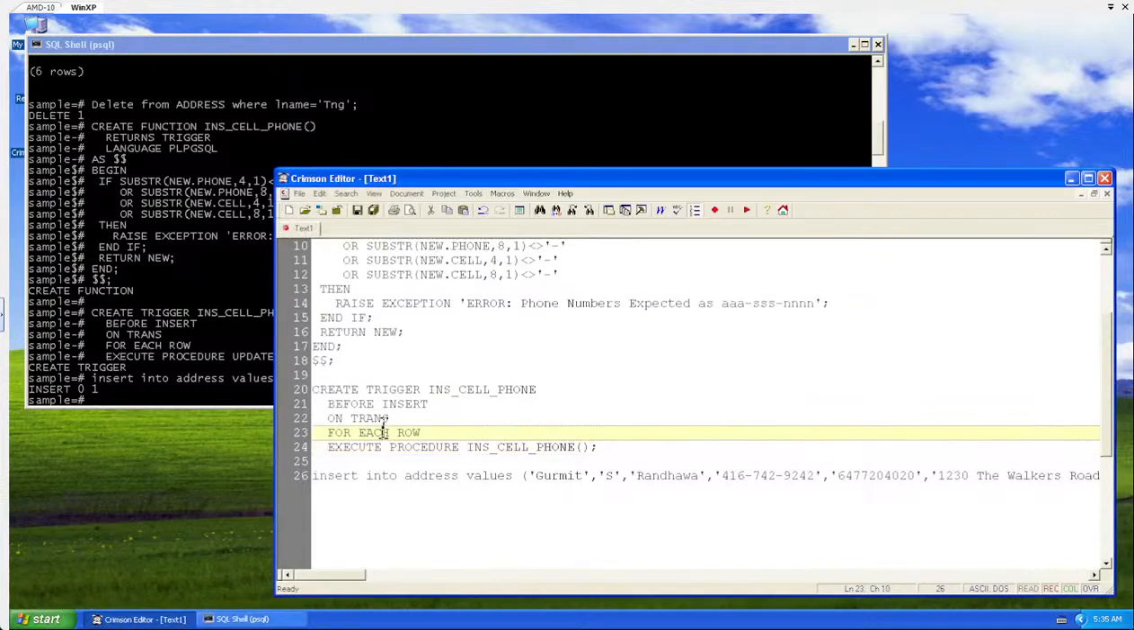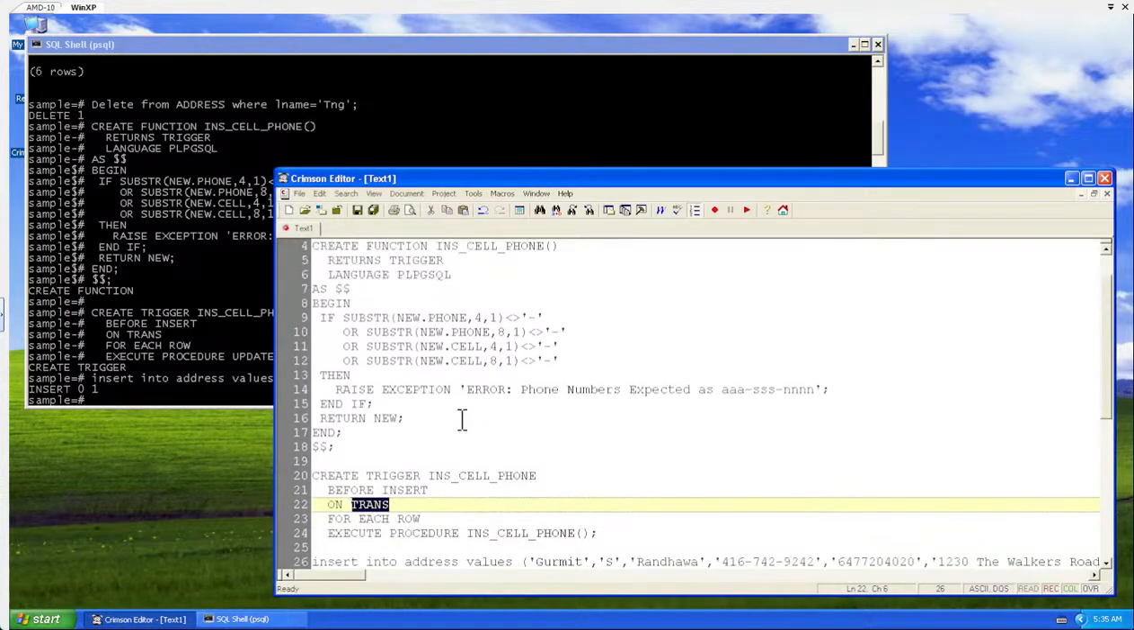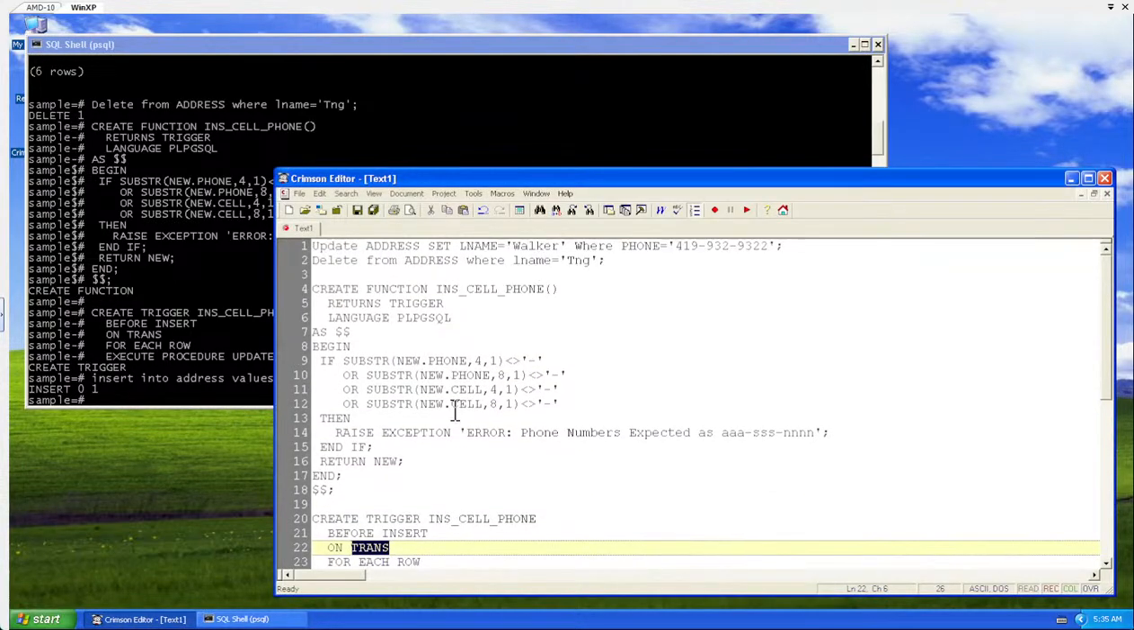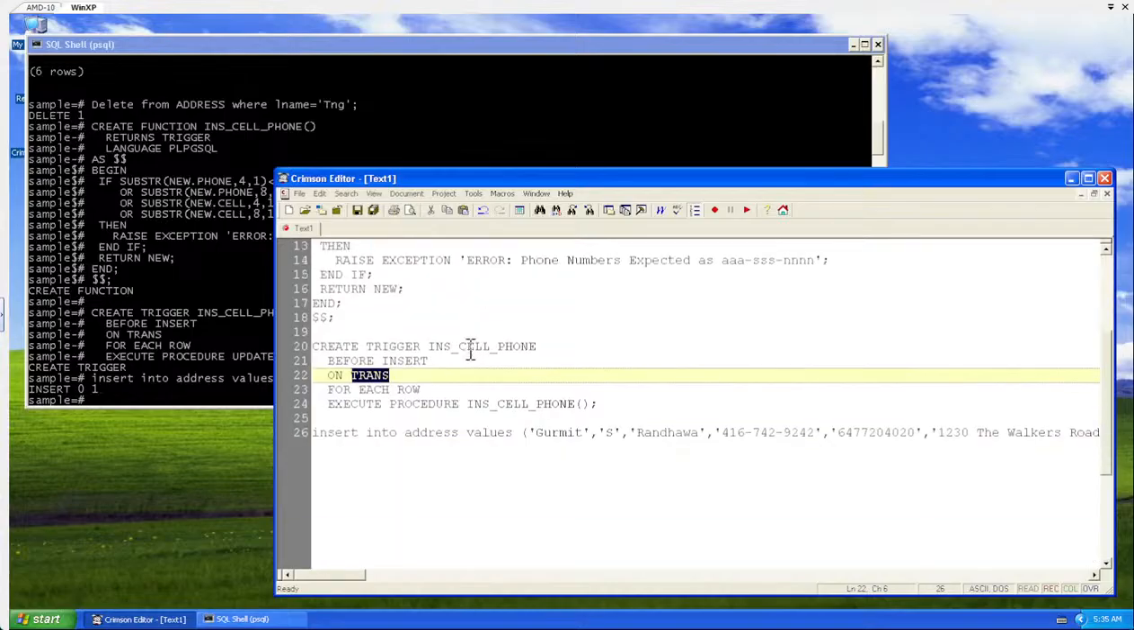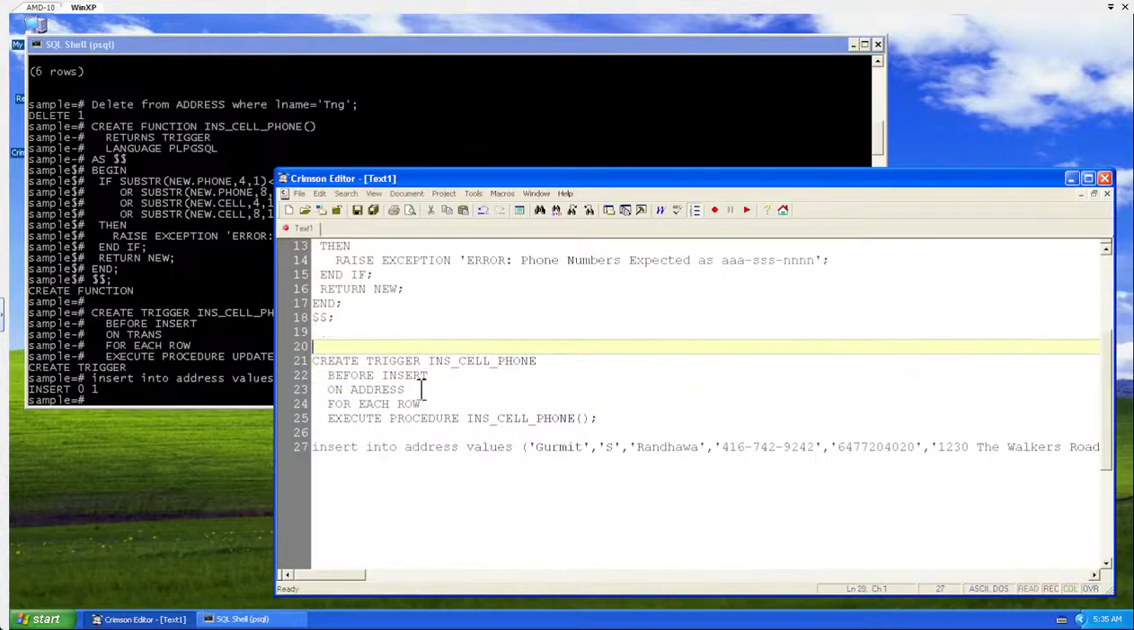So it is on trans. Is it on trans? Yes, but it should not be on trans. It should be on RS, on ARRS, right? So there were two mistakes, right? So I would say drop